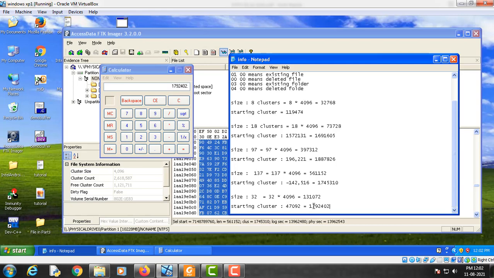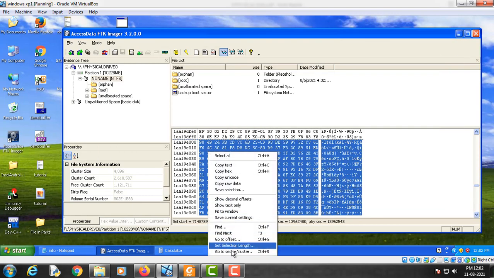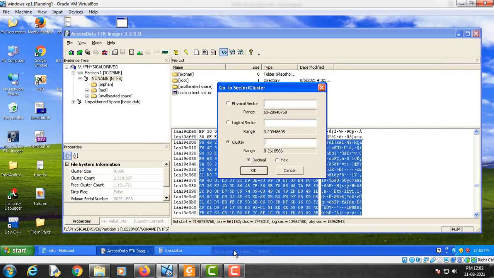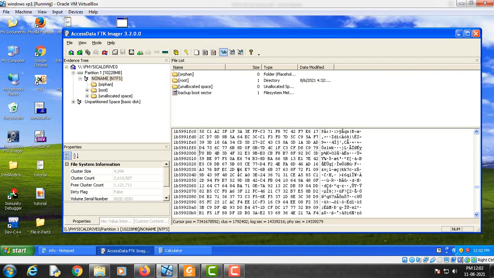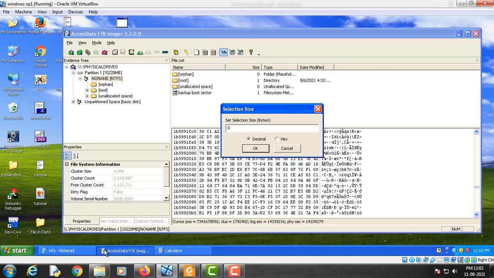So let's copy this and go to that cluster actually and copy it. So now we are in the fifth portion of the file. Right click, set selection length, copy the size of the file, and click OK.